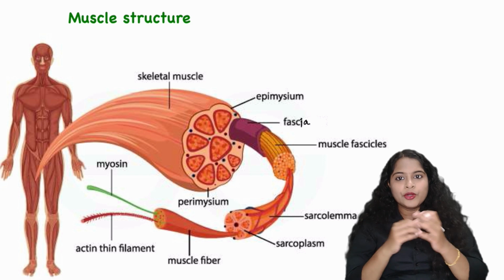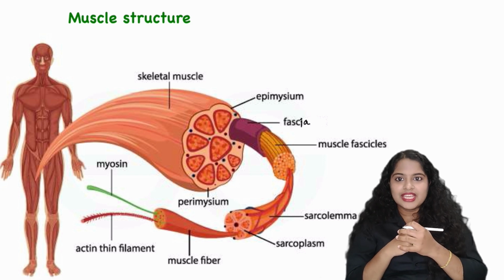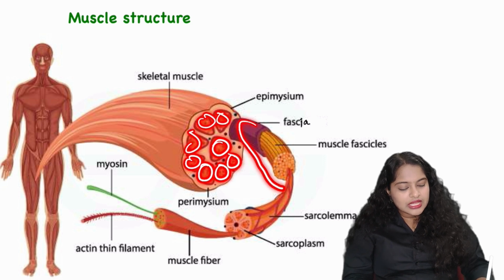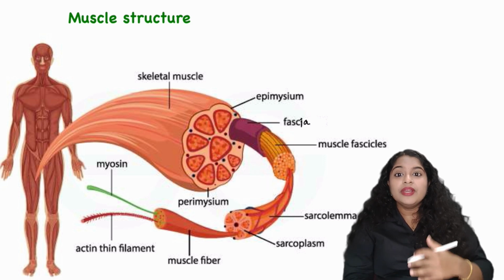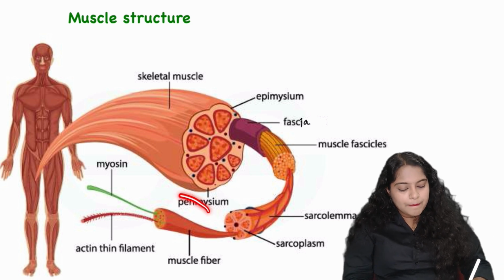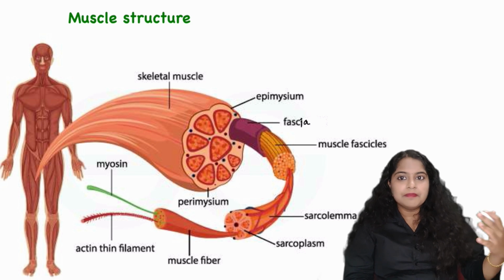So this is very important as to learn the structure of muscles, to learn how contraction of muscle is taking place as well as how movement is taking place. So the skeletal muscles in our body are made up of a number of muscle bundles, which are also called fascicles. Each fascicle, or muscle bundle, is made up of muscle fibers. So many muscle fibers together form the muscle bundle or fascicle, and many fascicles will combine together